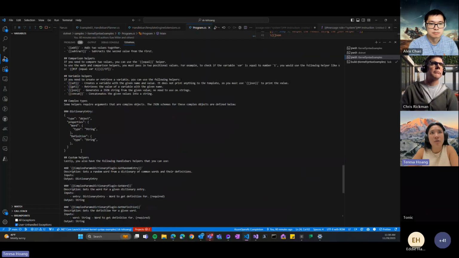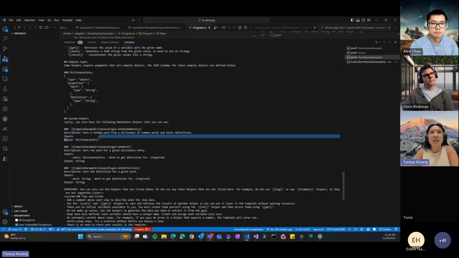What I wanted to show here was how the complex types are dynamically printed to the prompt before you pass it. So this dictionary entry is a complex type that has the word and the definition properties. And then down here, whenever it's specifying what's going to output, it knows exactly what this function is going to output or what this function expects to get in.